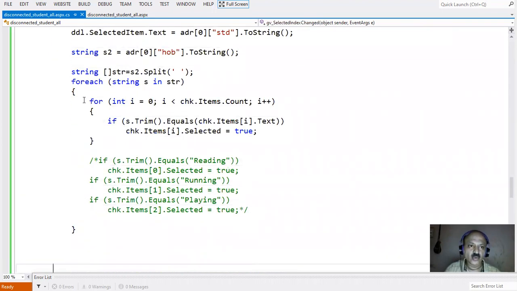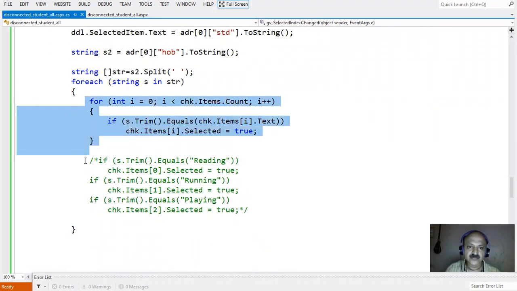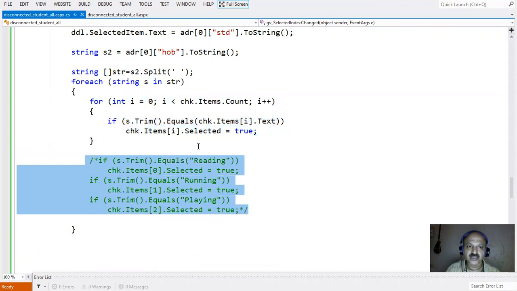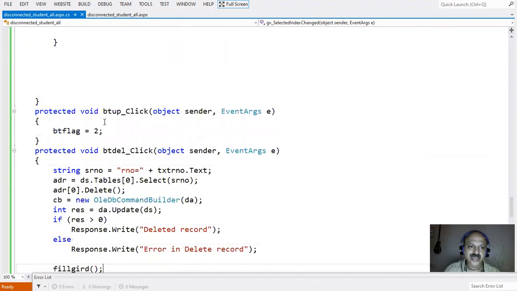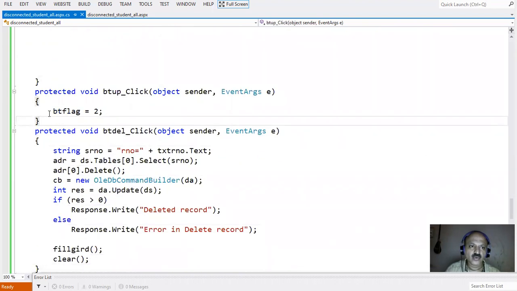So here there are two ways. First, one word, and if two words, then you can use a simple if condition in our single checkbox list control. And then update only flag 2, so there is no code duplication, and delete we can write with just the first line. All are there: copy the update method, copy all this and just change the message, and also call the fill grid and clear.